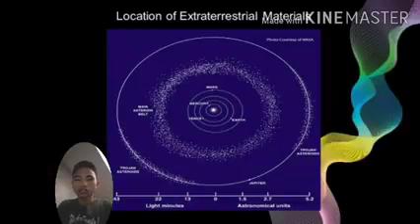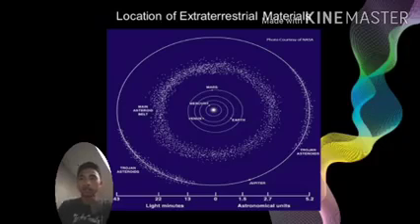We can see here in the illustration that the four inner planets are surrounded by many extraterrestrial materials, because these four planets are